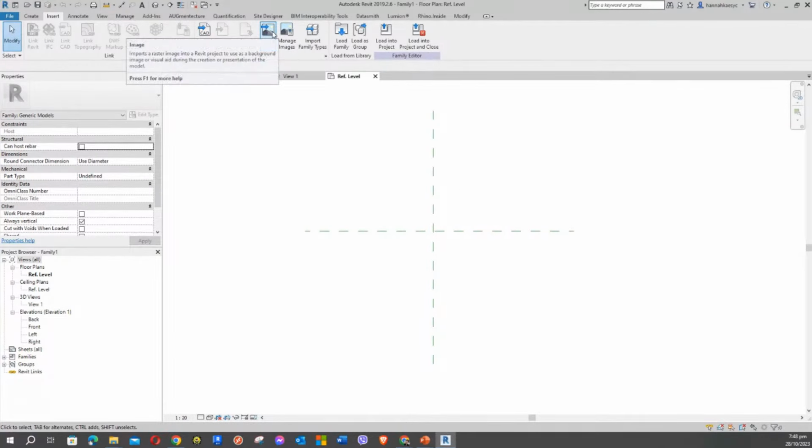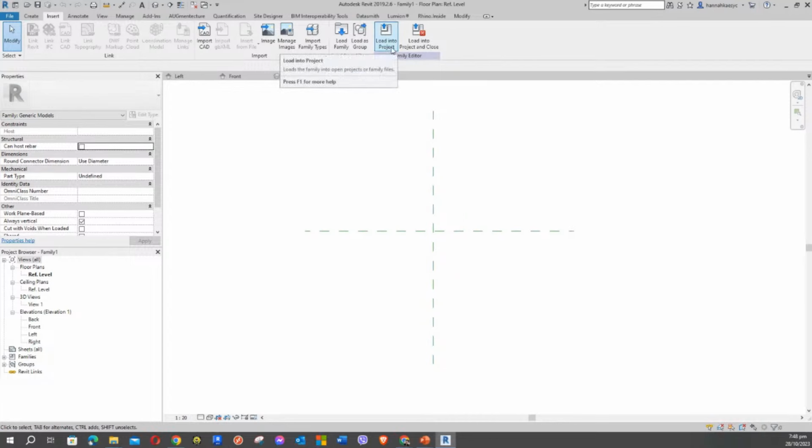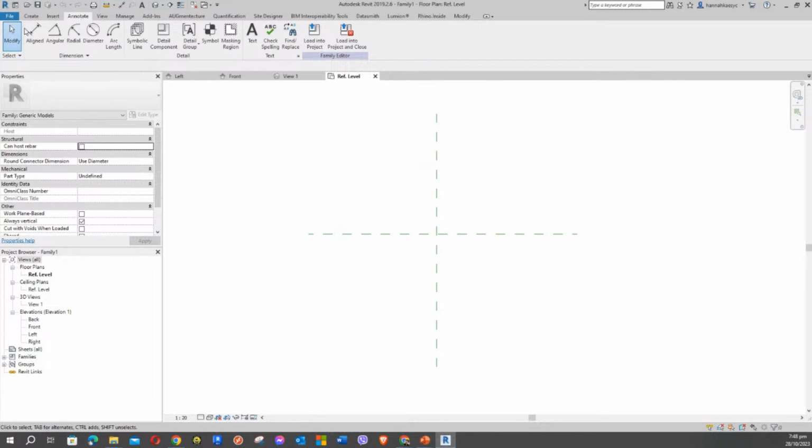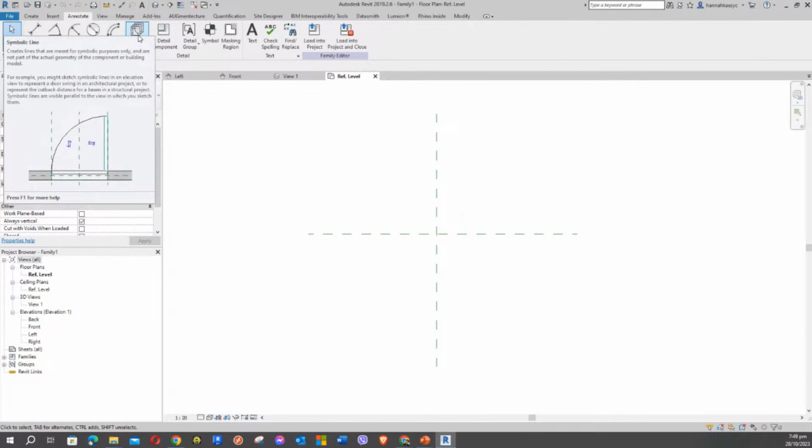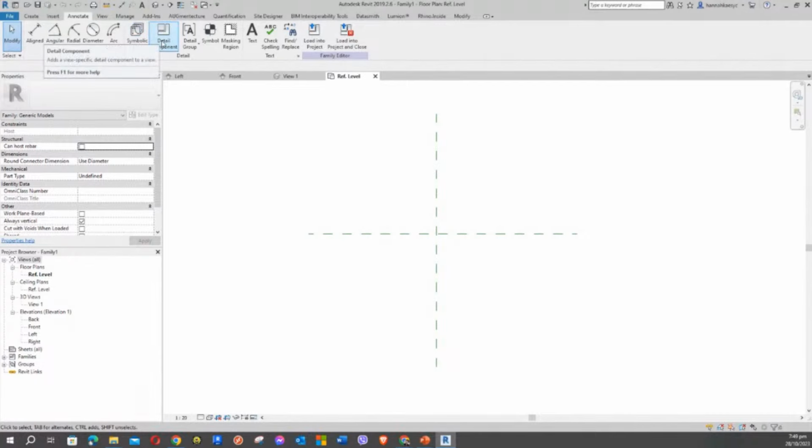And you can insert images for references. And you can also load other family types or groups. And you can load it into a project if you have some open project that you can use. And you can load it and close the Revit family file that you're working on. On the annotate tab, you can use some dimensions, some symbolic lines. This works for 3D detailings, detail components,